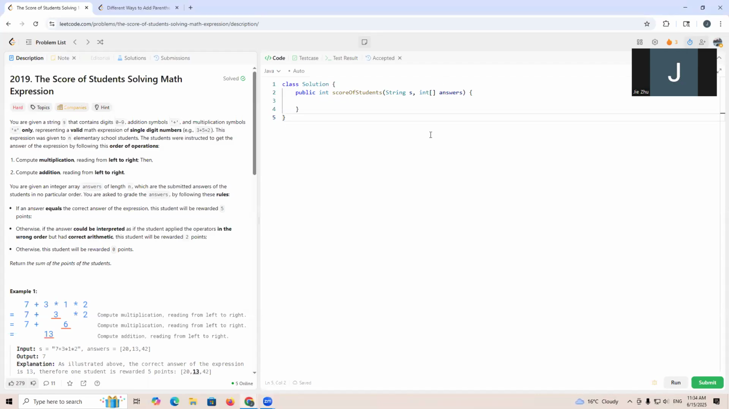Let's go to LeetCode 2019, The Score of Students Solving Math Expression. They give us a string S and an integer array answers, and let's count the score of the students. So what does this one mean? It is that if